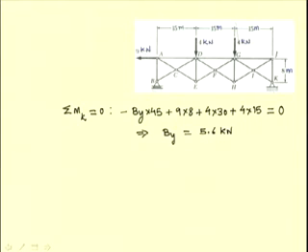Since now we have determined this reaction force at B, we can consider the free body diagram of the section AA, the portion of the truss ABC to one side of this section AA. So, let us draw now the free body diagram of the portion of the truss containing ABC.